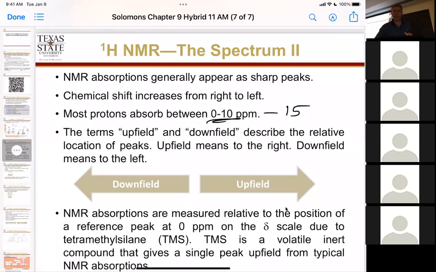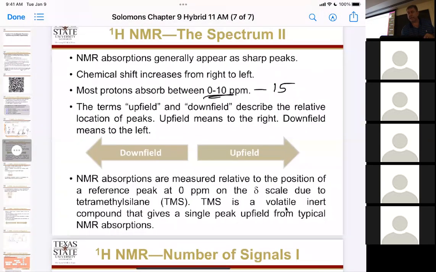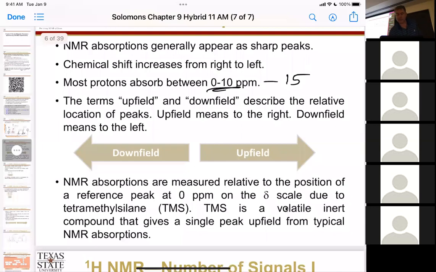Now, I said before there was a 0 there. Because we're dealing with frequencies, big, huge megahertz frequencies, it's hard to actually get the exact frequency we want. So what we do is we put an internal standard in there that's going to show up at the same place every single time, and we'll call that 0. The thing we use for that is called tetramethylsilane, okay? So what that looks like is Si,